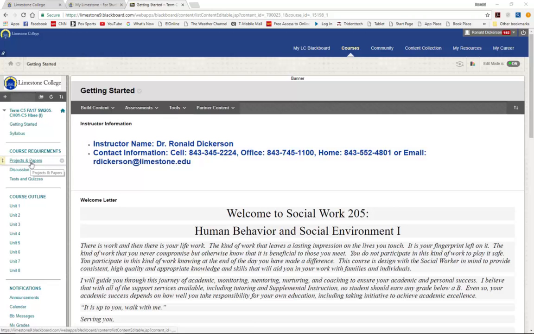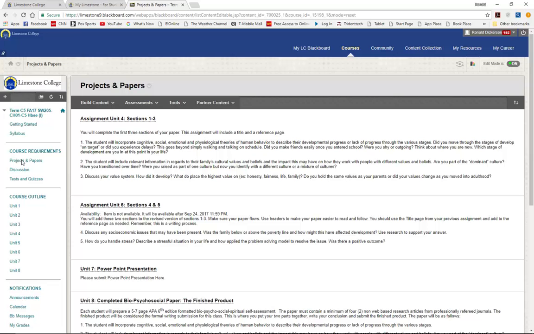Below that, you have the link for papers and projects. So I'm going to click on this link because I want you to see basically what's under this particular link. When I click on it, it's going to take me to the assignments. Remember I told you that your first assignment in the syllabus under Unit 4 is due, where you're going to answer the first 3 questions of your biopsychosocial spirituality assessment.